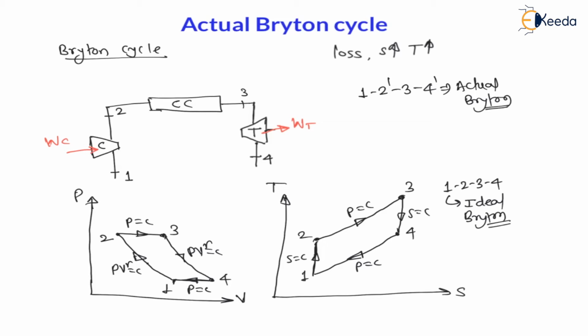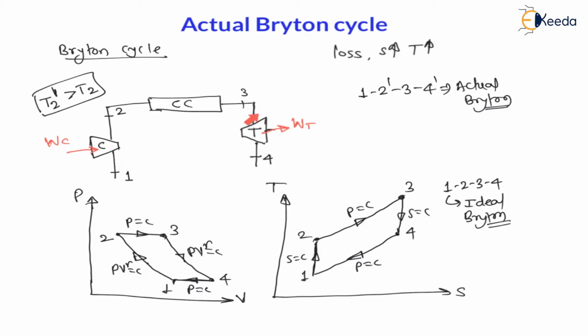Now don't worry, we are going to draw the cycle. Let us understand first. Now let us say there is a loss in the compressor. So my dear students, if there is a loss in the compressor because of frictional losses, the temperature at the end of the compressor, T2, will be more for the actual cycle. Therefore we can say T2' is for the actual cycle and T2 is for the theoretical cycle. This T2' will be more than T2. Because of friction the temperature will increase, right?